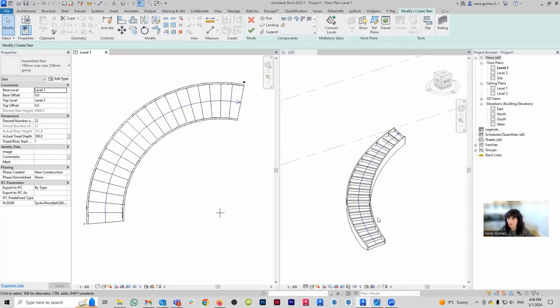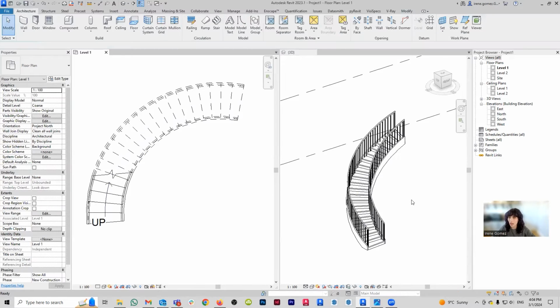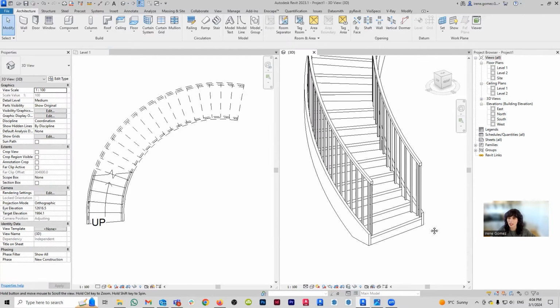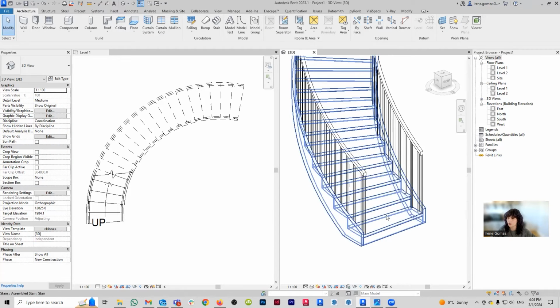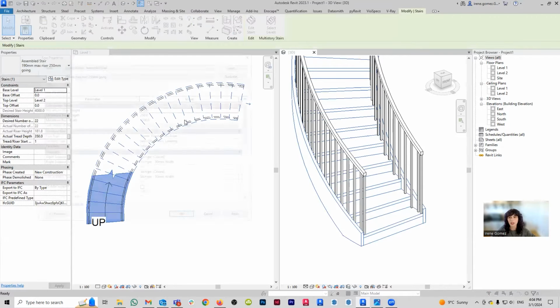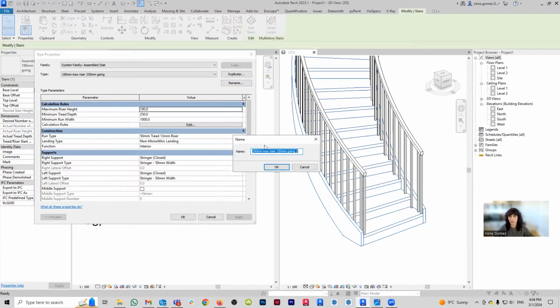All right, so here's my stair. This is what we're starting with. If you finish it, you're going to see that it also has a default handrail. I'm not concerned about that default handrail because again, we're basically going to be customizing everything. So I'm going to start with what I would consider the easier part, and you're going to see why I may choose to use that word in a second, which is going to be the assembly. So that is the portion of the tread slash riser. So I'm going to select my stairs. I'm going to go to Edit Type, and I am going to duplicate this. This is going to be my pink curve stair.